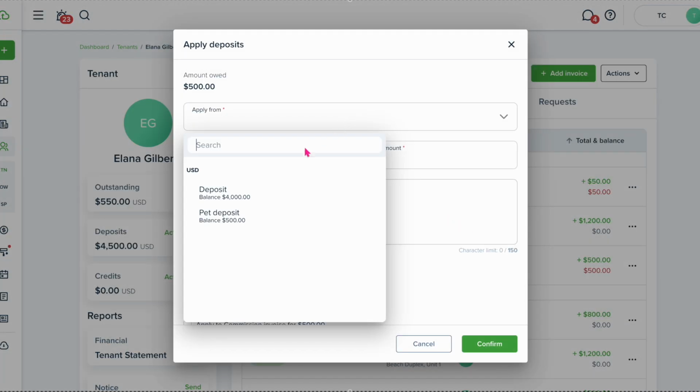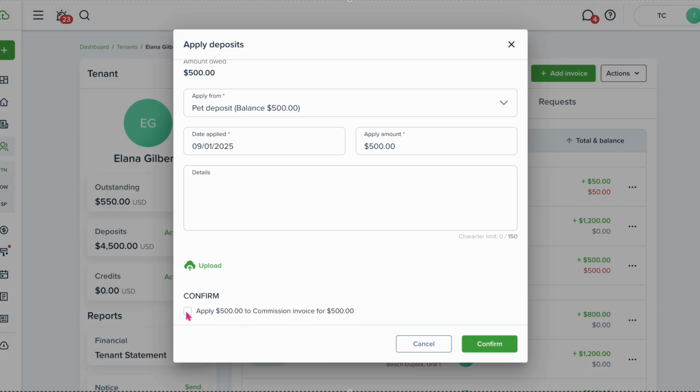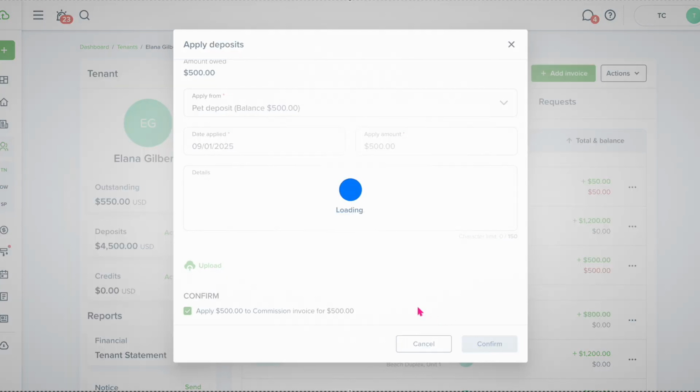From here, I'll be able to select where I want to apply that deposit from. So I'll do the main deposit. Actually, we'll go ahead and do the pet deposit so that it's even. It'll let you change the date that it was applied on, and then you'll confirm it down here at the bottom. Once you hit confirm,